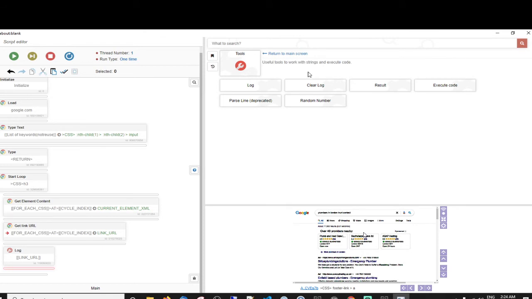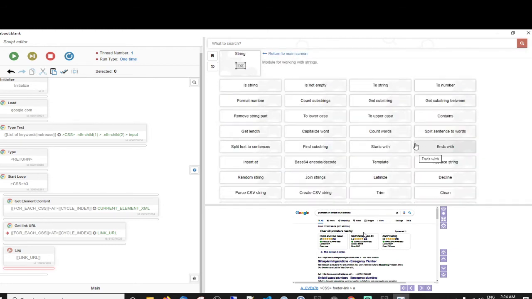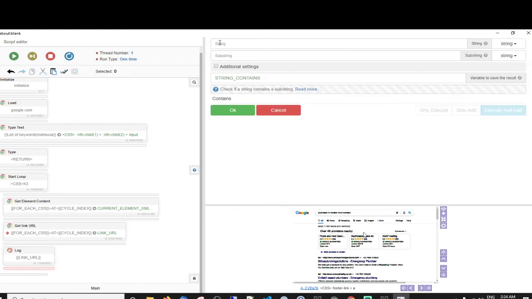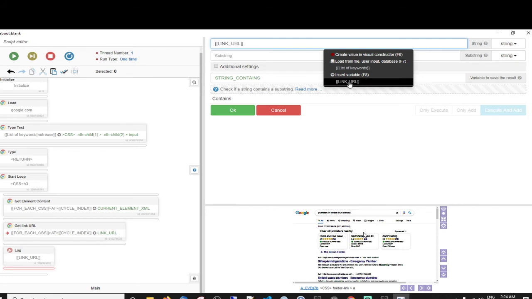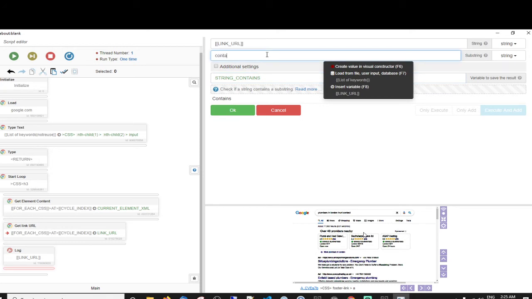I think that's the way forward. So it's doing it for each one. Yeah. So we can work with the string now. Contains. So the string, the link URL, string contains contact. Does it include contact?